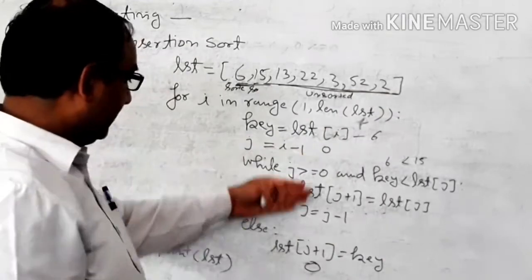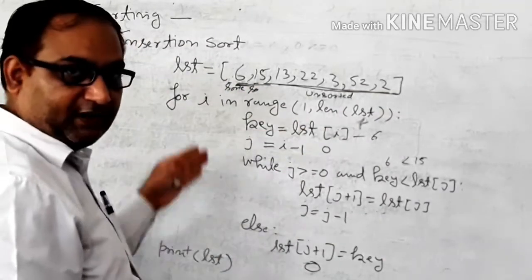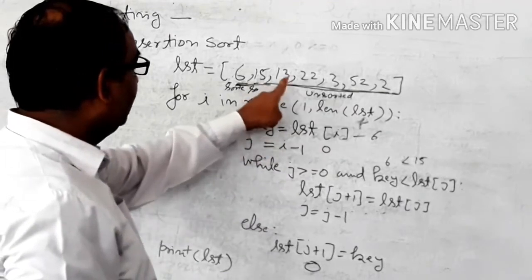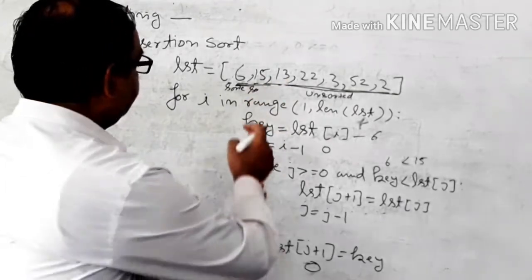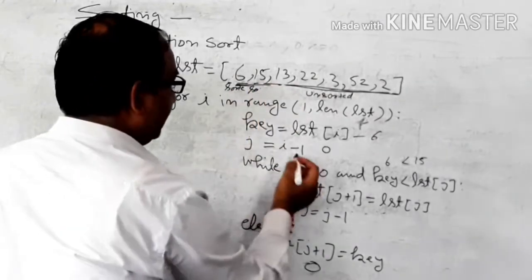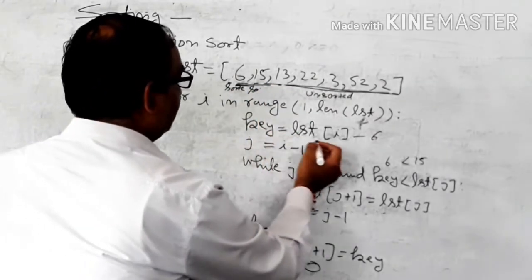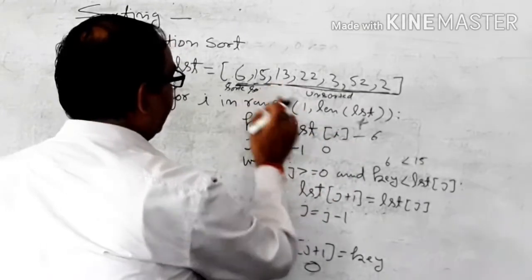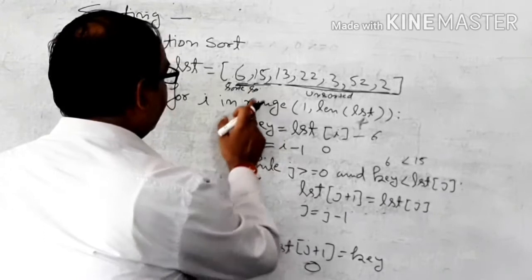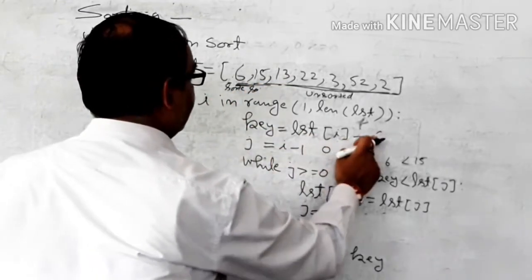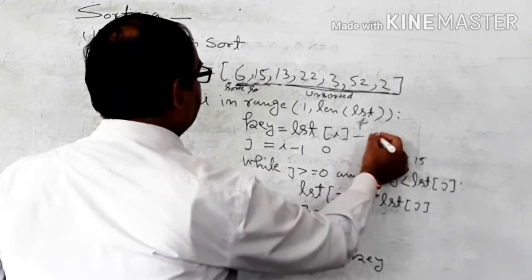Now again we take the loop. Again we can take the loop one by one, put up the value and check. Now the I value is 2. Now 0, 1, 2. 2 is the 13. Now key is equal to LST I, where I is equal to 2. 2 is the 13. So we can take here 0, 1, 2. So 2 contains the 13. So the key value is the 13.